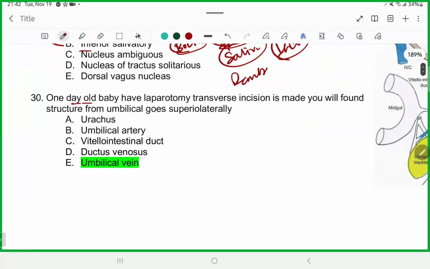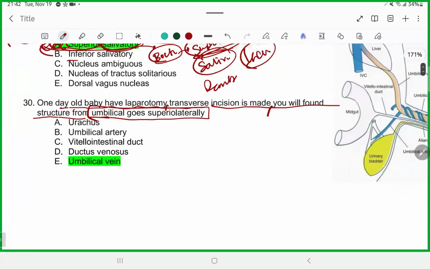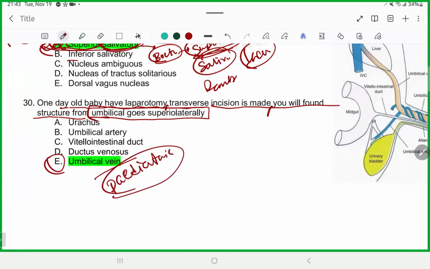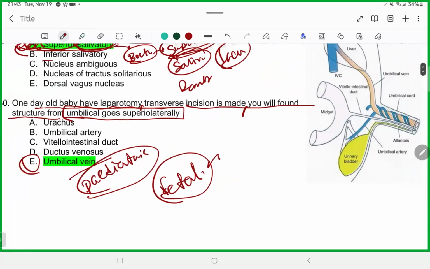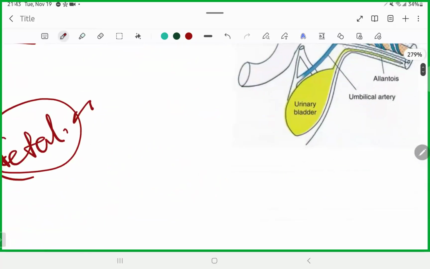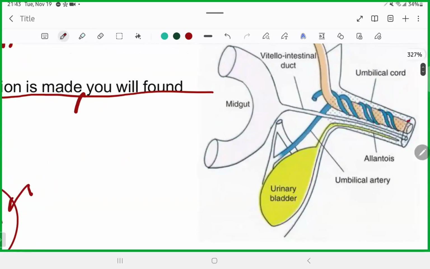Then one day, an old baby has a laparotomy, transverse incision is made. You will find structure from umbilicus goes superior laterally. Guys, this is a very easy question. I have explained it in pediatrics too. Every time I told you about fetal circulation, just watch the fetal circulation video or pediatrics class. I have told you about these things. See, from umbilicus,